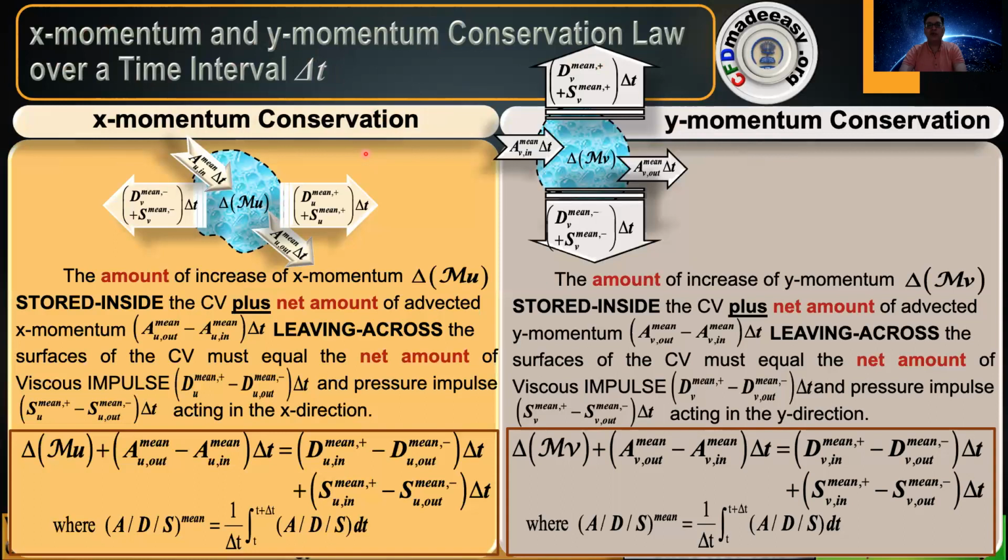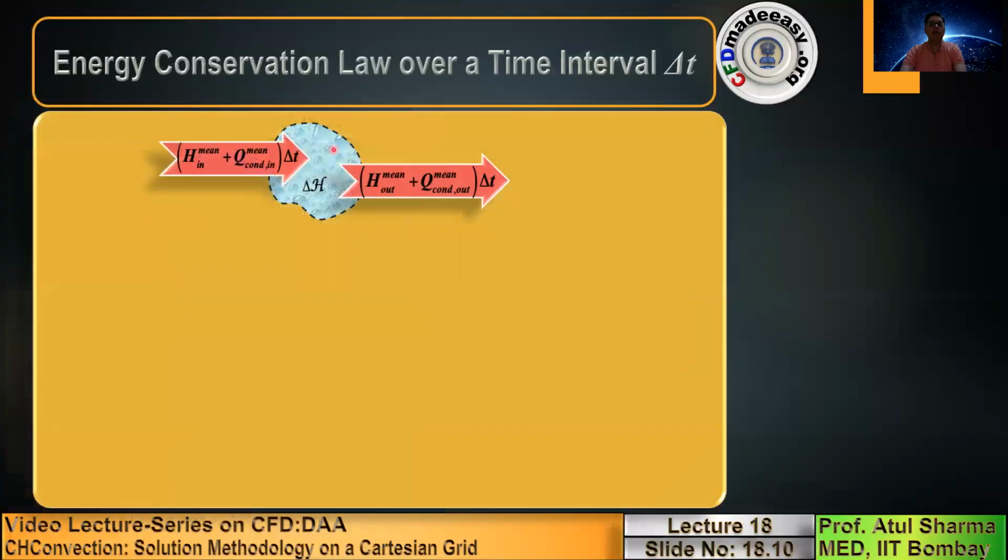After the X and Y momentum conservation laws, the discrete form of the energy conservation law, which was presented earlier in computational heat conduction, is again presented here. When you apply a discrete form, to obtain the amount of heat, you take the product of enthalpy flow rate and conduction heat transfer rate. The combination of these will give you the convective heat transfer rate. When you multiply with delta T, you get the amount of heat.